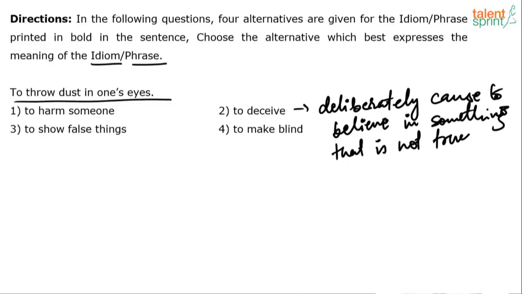Okay. So, a very commonly used word. A lot of people do not know the meaning of deceive. Deceive means deliberately cause to believe in something that is not true. So fabricating something, cheating something, like you guys are saying. Yes, the synonyms can be probably cheat,